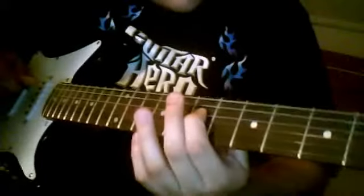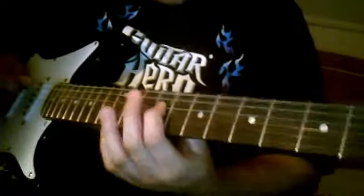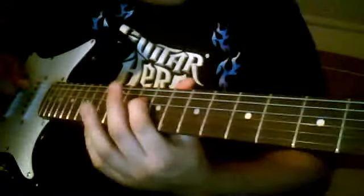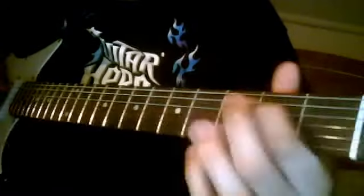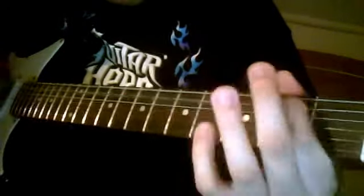Then you're gonna do a slide up to the 9th fret, up 2 frets. Then the second time you slide, you go up only 1 fret. So it should sound like this. Then you go down to the 5th. Then back down to the 3rd. At the end, if that's